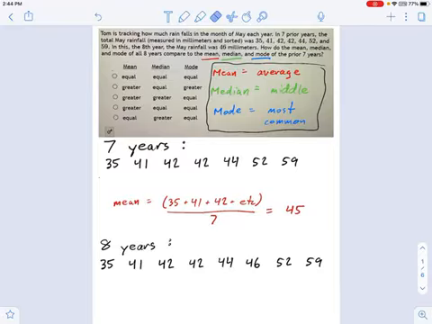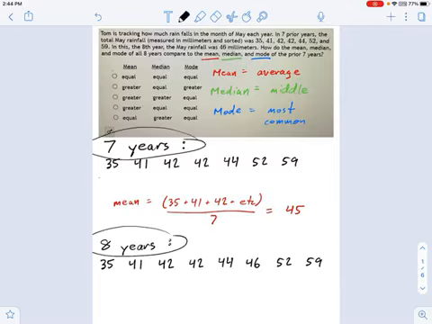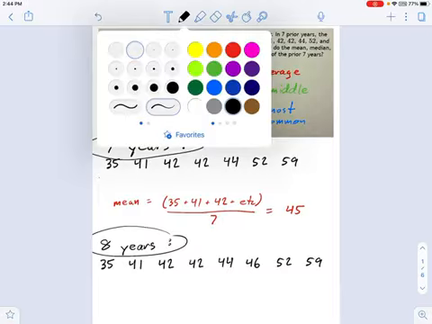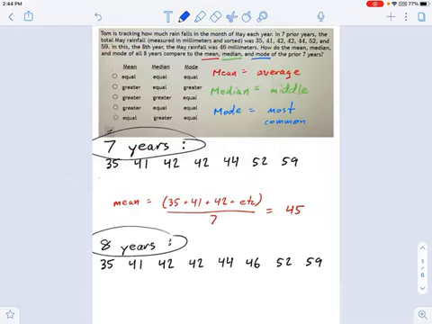And I want to take a look at what I have here. I've got 7 years and 8 years. Take a look at each one of these sets of numbers and see if you can find the mode. This should be the easy one right up front. Well, it's the most common number, right? So do you see any number that appears more than once? It should be 42 in this first one. That's the mode. And if you look at the second set of data, we add the number 46 to it, but that doesn't change the most common number. The mode is still 42.